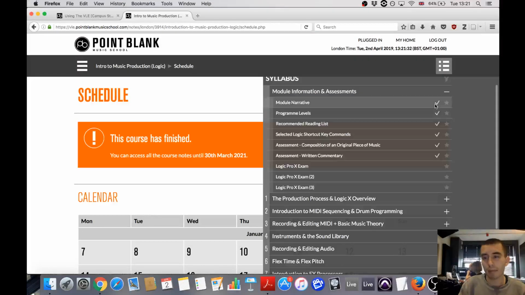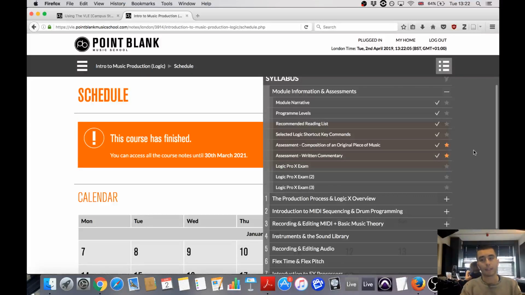You'll notice these tick marks here as well. There are a few useful features that were implemented into the VLE to help you navigate it and remember what you've looked over and what you've not. Because obviously there's a lot of pages and it's hard to remember what you've covered and what you've been researching. So these tick marks denote the fact that I have viewed these pages already. And if there are any pages that I thought were particularly useful that I wanted to find quickly, an example might be these assessment briefs here, I can click this star logo and that favourites them.